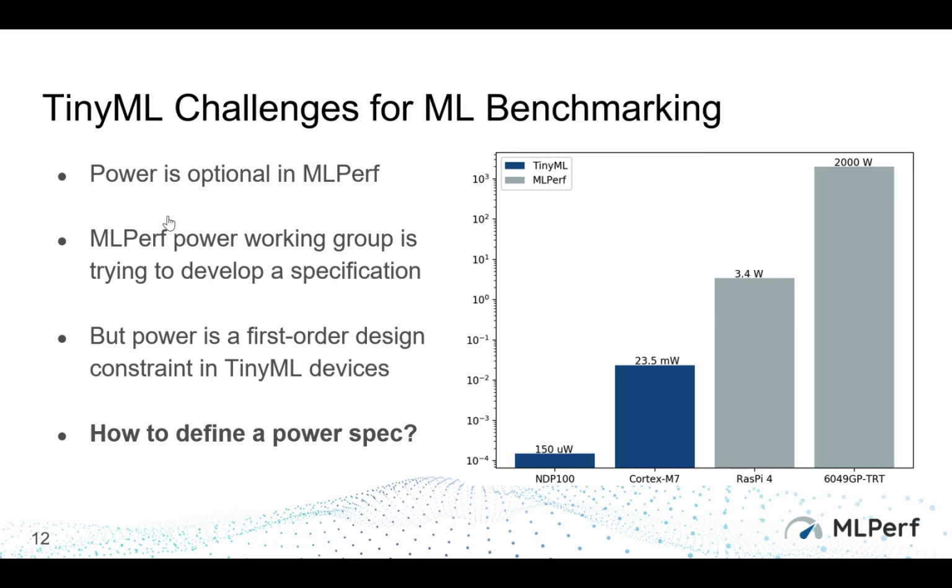This becomes a really interesting problem in order to be able to build a benchmark. How do you prioritize power as a first-order criterion and then build an accuracy and performance-related model around it? MLPerf, for instance, has been trying to put together a specification for how you benchmark machine learning systems and their power consumption. But it's taken us quite a while, and we still don't have an official spec. That said, for people working on tinyML, you must be dealing with power measurement on a continuous basis. So the question is, how do we incorporate that methodology into a benchmarking setup so that we can get both performance and accuracy together?